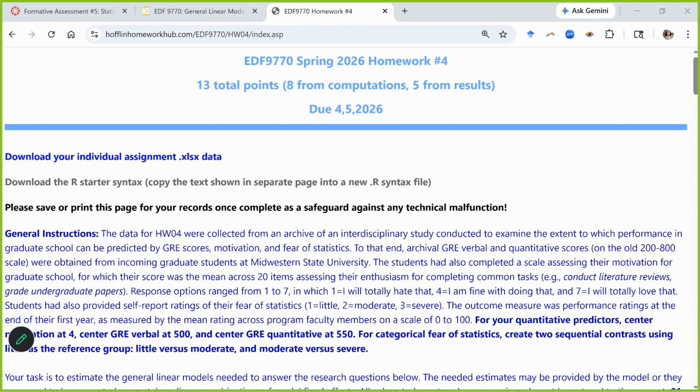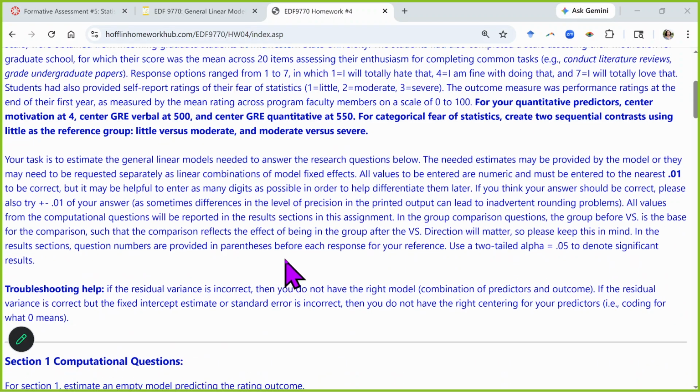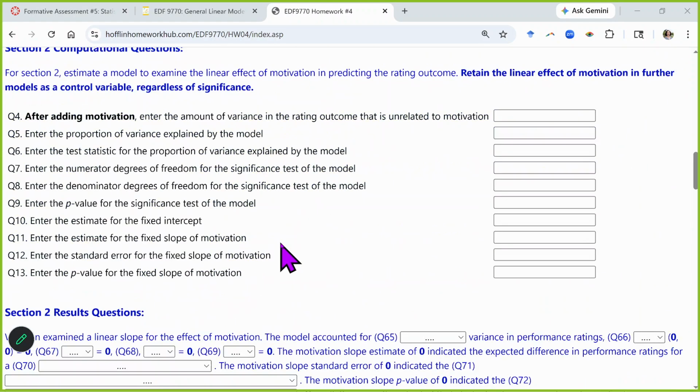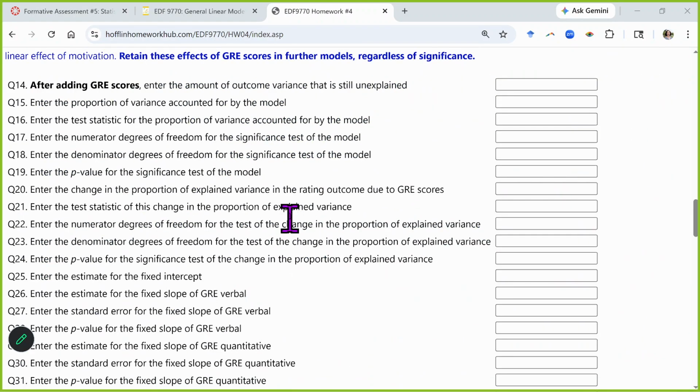But one of those things, homework 4 here, we had some questions over. So I have it pulled up, and let me know, Mary, which ones you want to talk about. Questions 20 and 21 are about the change in proportion, and all of the other numbers I've gotten correct. I just can't figure out the change in proportion of explained variance and the test statistic